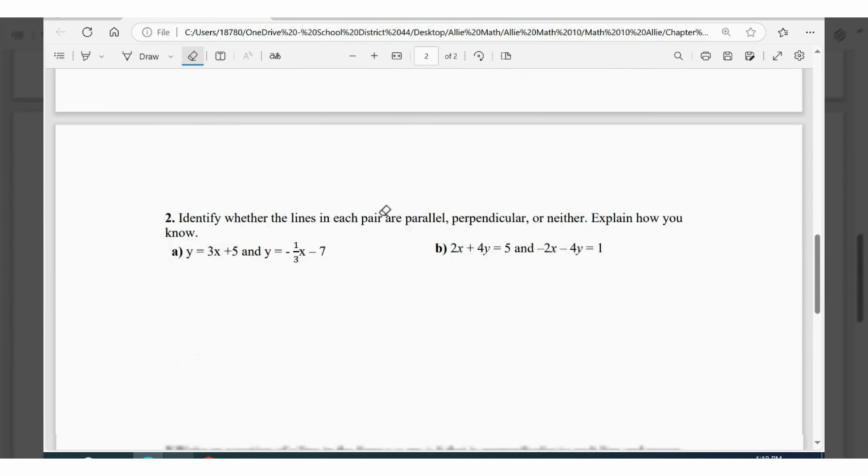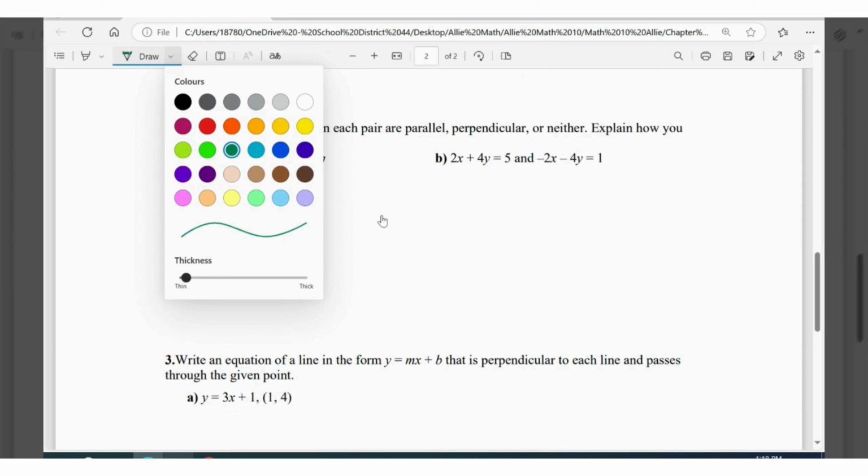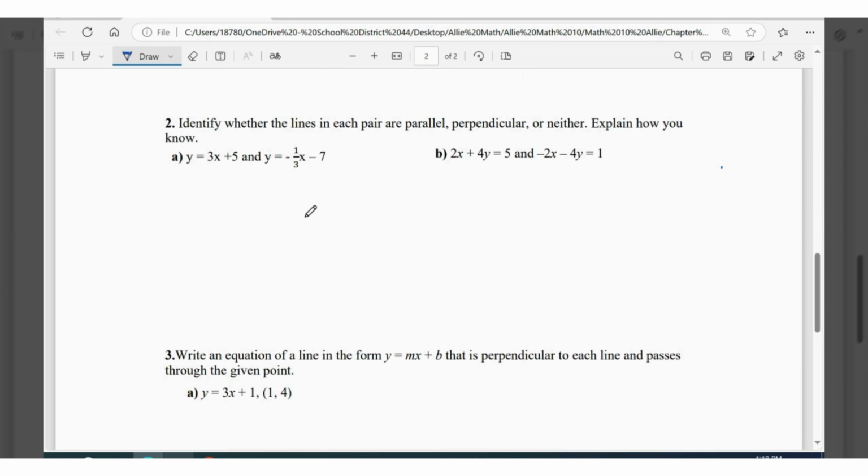Let's do some more. Let's just move on. Identify whether the lines in each pair are parallel, perpendicular, or neither, and explain how you know. So let's investigate. Looks like we got a couple of slope-intercept form. That's great. Let's look at the slope. We've got a 3 here, and here we got 1 over 3, and it's negative. So I would say this is perpendicular